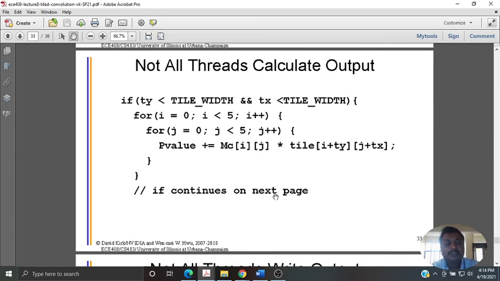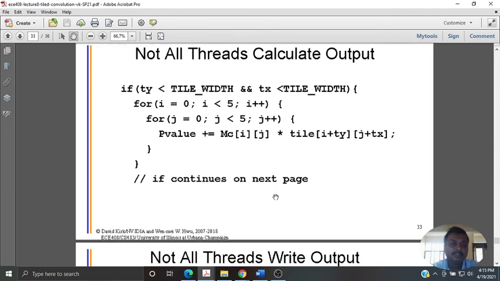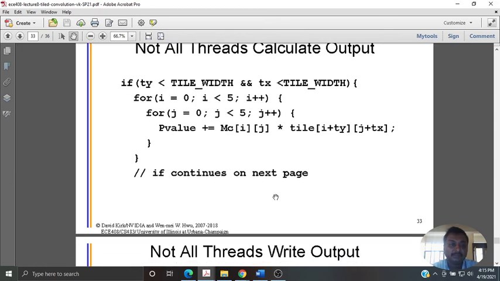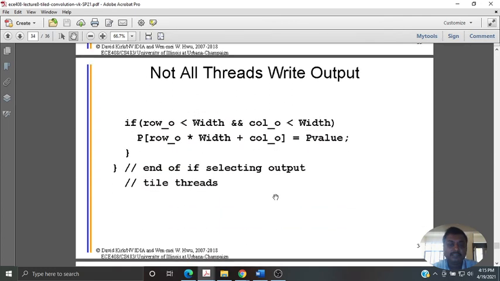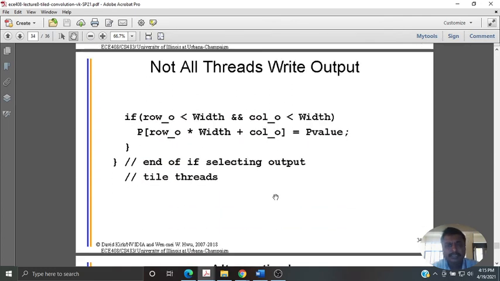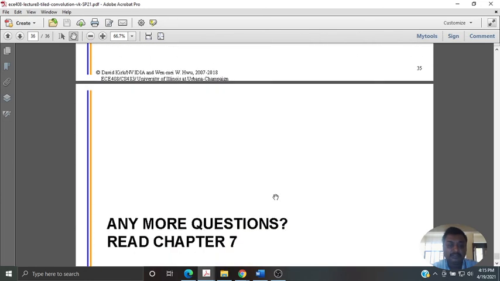Because the output tile is smaller, that's how you planned the entire computation. All the threads' outputs are not required, so there are some blanks that can be discarded. How to discard? You compute whether the index is less than the tile width, or well within the boundaries. If it is not, then you can write the output but discard the stuff ultimately after finishing off.